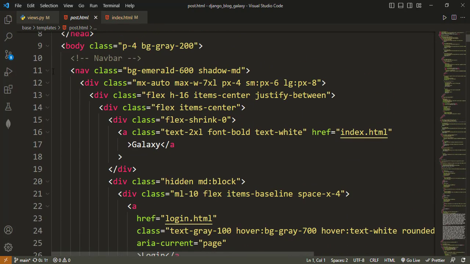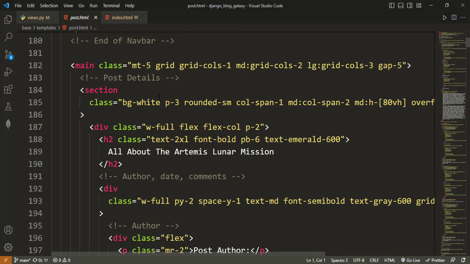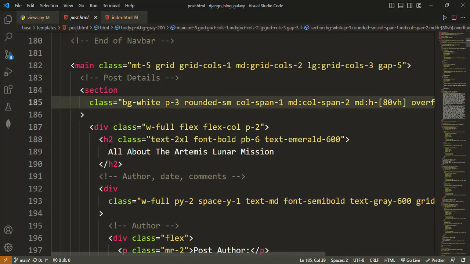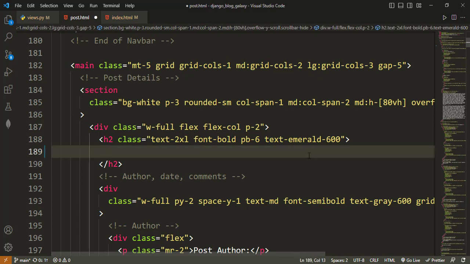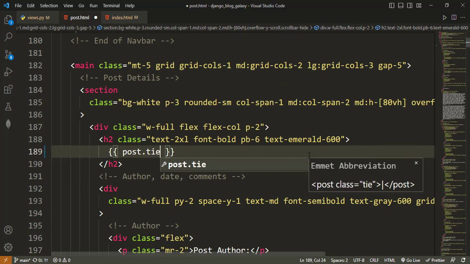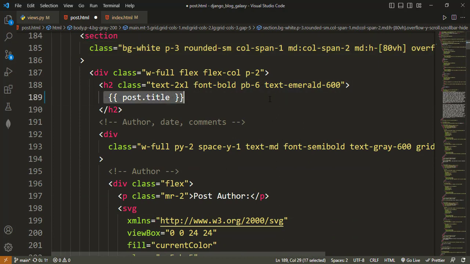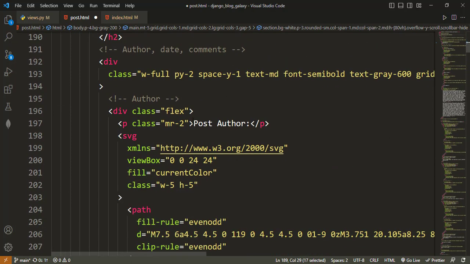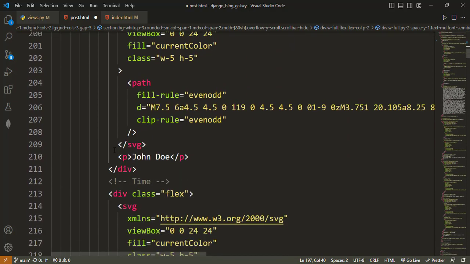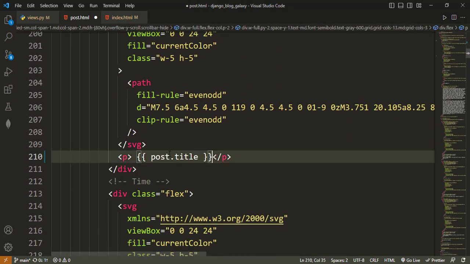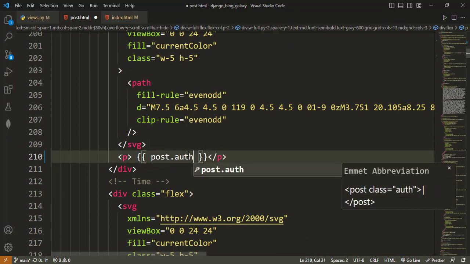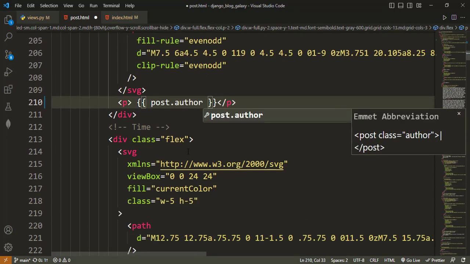Now inside the post.html, we'll work on the navbar later, but for now, let's render the post. Let's collapse the navbar and see the post details. Here will be the post title, and we can just copy this to speed up. For the post author, where you see John Doe is the post.author. And then this place is